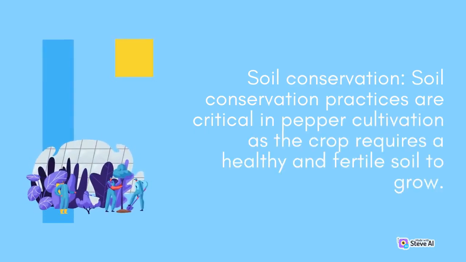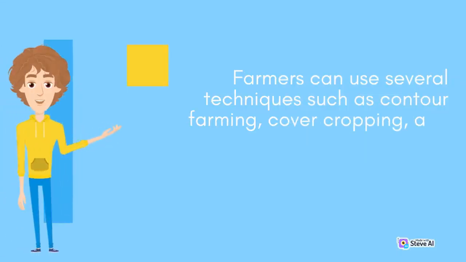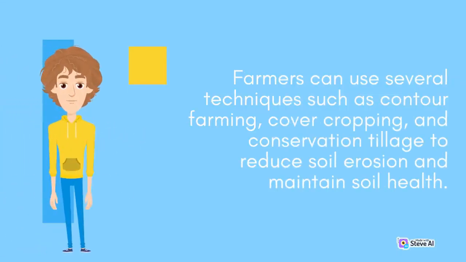Soil conservation. Soil conservation practices are critical in pepper cultivation as the crop requires a healthy and fertile soil to grow. Soil conservation practices include minimizing soil erosion, improving soil structure and fertility, and preventing soil compaction. Farmers can use several techniques such as contour farming, cover cropping, and conservation tillage to reduce soil erosion and maintain